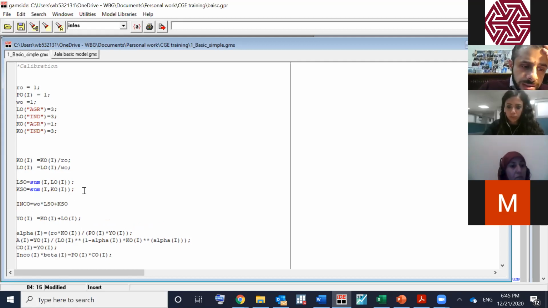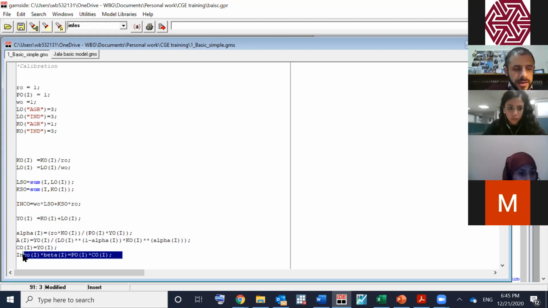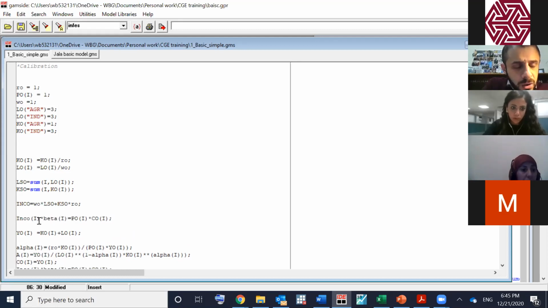And then you add a semicolon. Exactly. And then after this, you calibrate the beta based on the income from what you have at the end here. So you'll just say that beta is equal to PO multiplied by CO divided by Inc O.